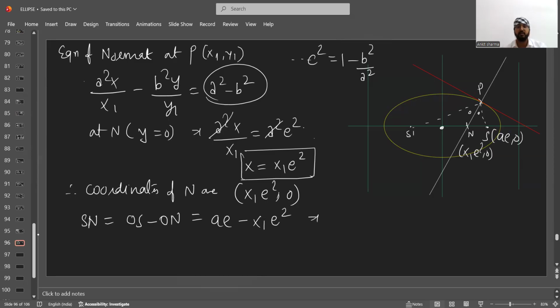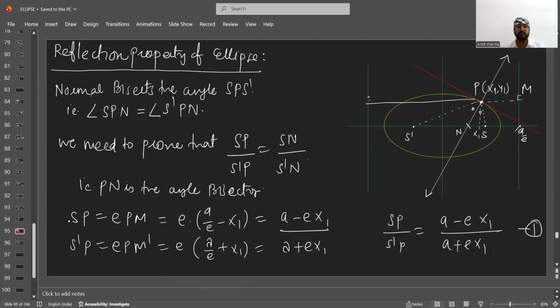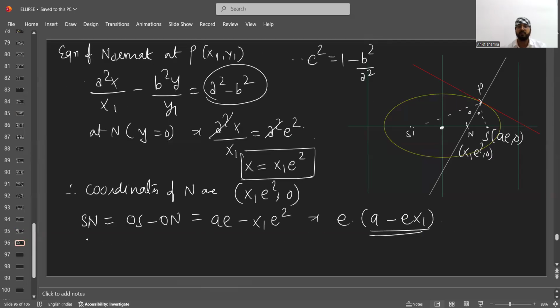So from here, if I take e common, I get a minus e into x1. I know this a minus e into x1 is SP. So a minus e x1 is nothing but SP. So I get here e into SP. And I'll find out S'N. So S'N would be